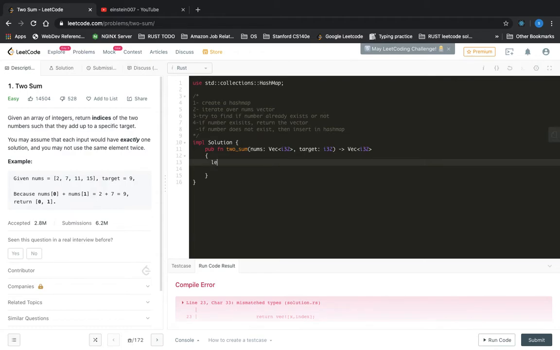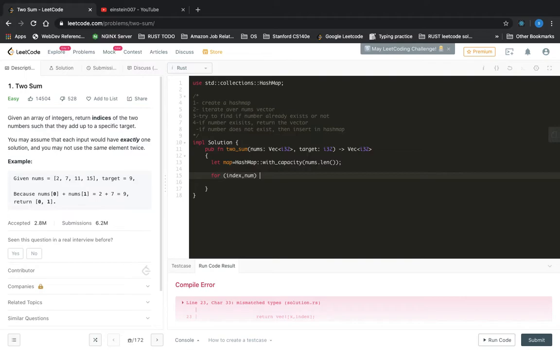All right, so here I'll initiate a hash map. In Rust, it's good to initiate a data structure with its capacity, so that it saves the compiler some time analyzing how much space it must reserve for the data structure. This way is faster than just initiating with HashMap::new. Because we know the capacity of the hash map won't exceed nums.len(), we can use this type of syntax. And now we will iterate over